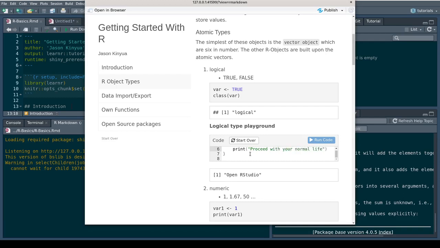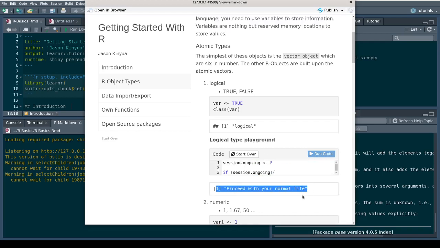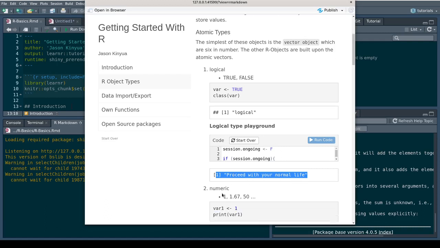Don't interpret this to mean that when you are coding you are living an abnormal life. The output changes because now the session is not ongoing. Please proceed with your normal life.